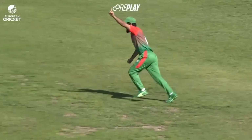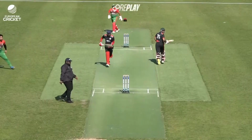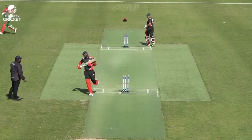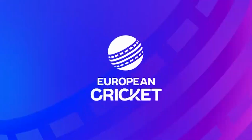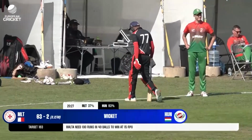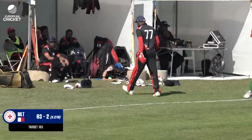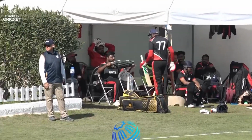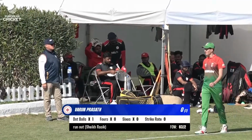And Prasath didn't really get going at all in his run, but he kind of knew from the start that a direct hit had him cooked, and that's what happened from the arm of Sheikh Raziq, and Prasath not really in the frame. But I think if he went all guns and put his head down there, at least put in the bat slide, but he wasn't having any of it. You know what's really good from Sheikh Raziq? Gets to the throwing position really quick, and it's almost like an abbreviated...